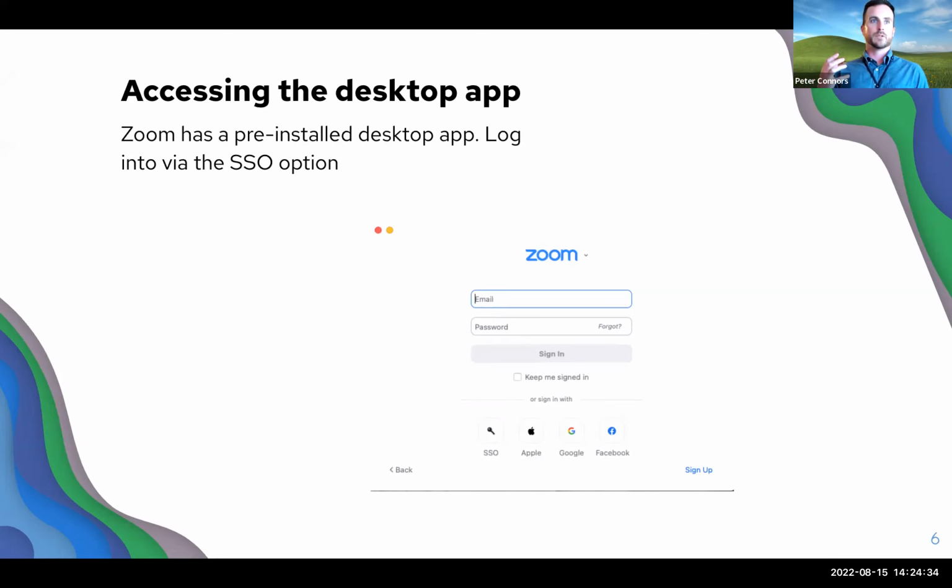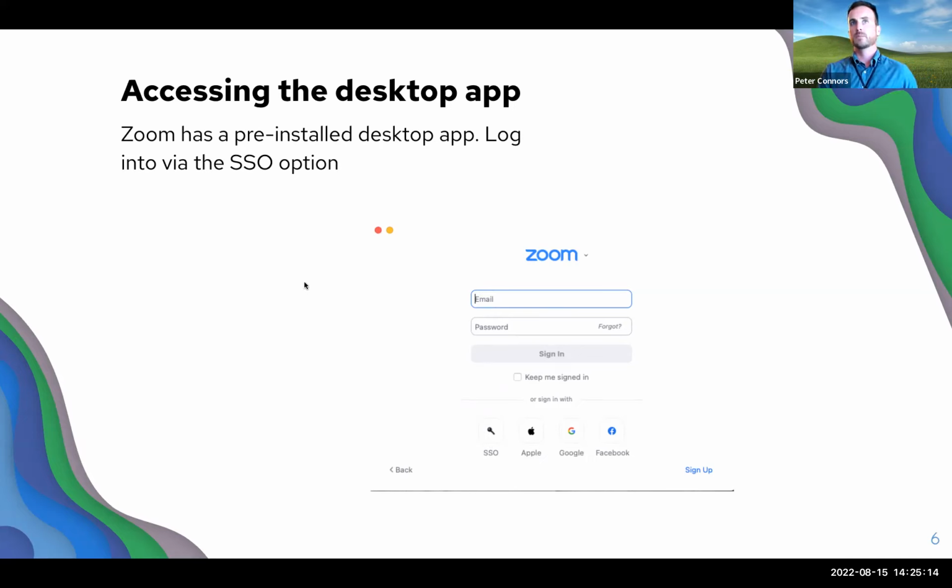And again, it's going to be a light blue background with a white camera in it. You click on it, and if you're not signed into it, it's going to pop up with a screen looking like this. You'll see here that you look at this and think, oh, okay, I should just pop in my district credentials here and hit sign in. But you actually want to use this SSO button. And when you click on that, it's going to ask for your email. You'll put in your email, and the system will realize, oh, you're a district employee. It's going to bring you over to our Microsoft logon. So when you're opening up the app, you want to use that SSO way of triggering that.